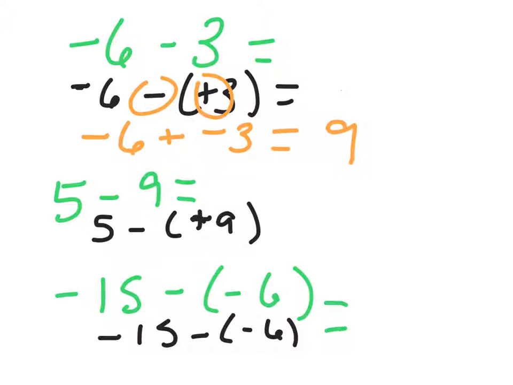So this one, and just sort of a way to visualize this, we could do 5. I'm just showing you the opposites here, because that's visually a way to look at it. 5 minus 9 equals 5 minus positive 9. So that's how we would rewrite it. But visually, once we see it in this form right here, we can turn it into opposites. So we have 5 plus negative 9